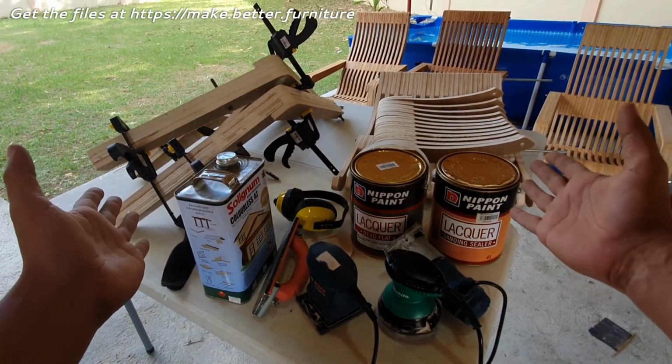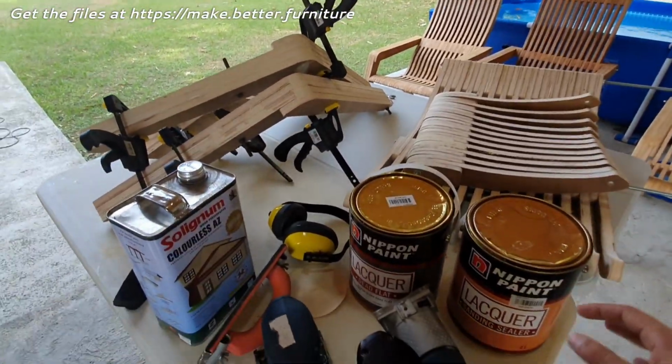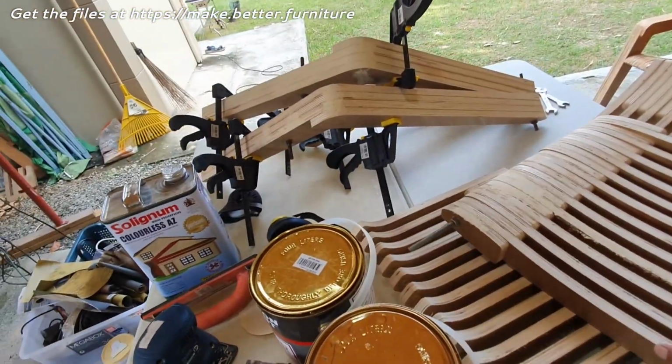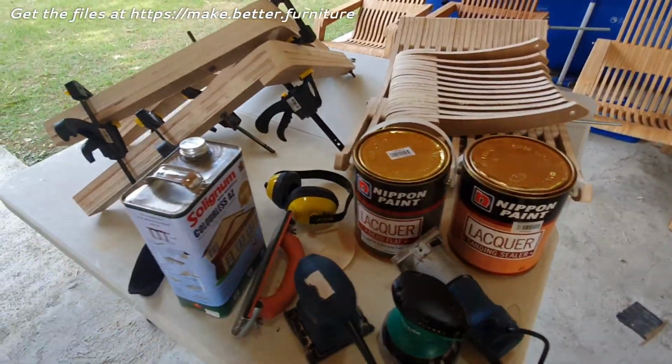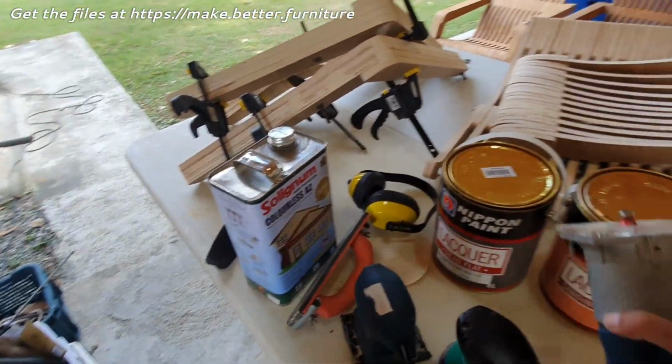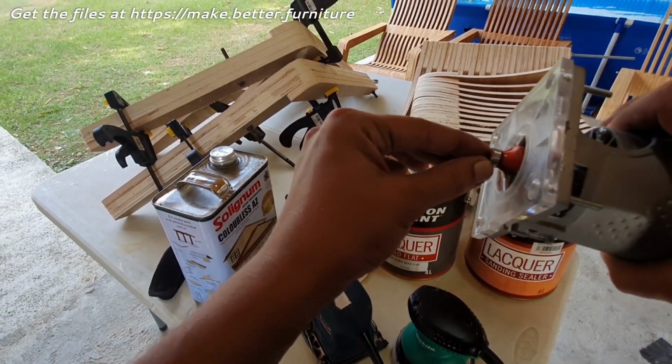Okay, the parts are dry now. The glue is dry, the body filler is dry. It's been one night since I glued everything. And the next step will be I will round some corners, and I will use a flush trim router bit with